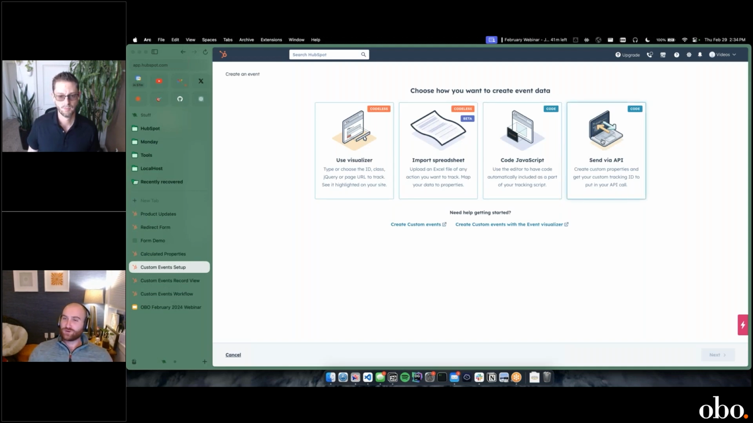So what I'm showing is sending them via the API. There is a way to actually, if you have your domain set up and connected to HubSpot, you can do what's called a codeless event. And if there are buttons on your website, let's say there's a contact us button on our website,